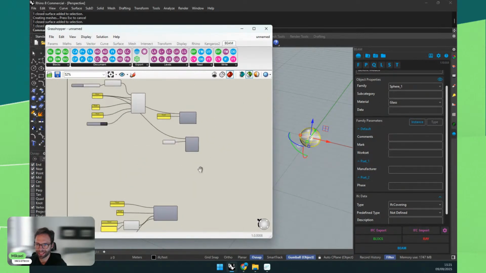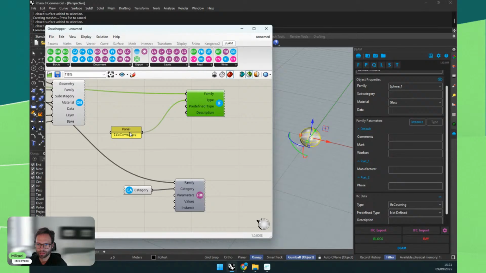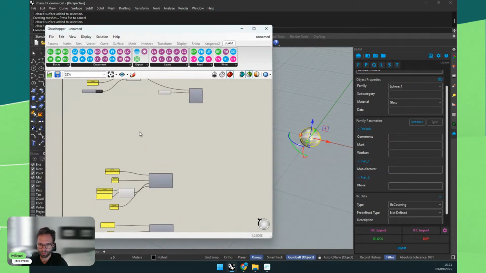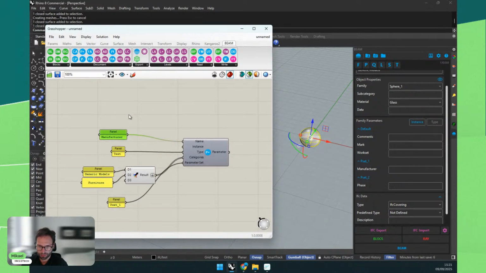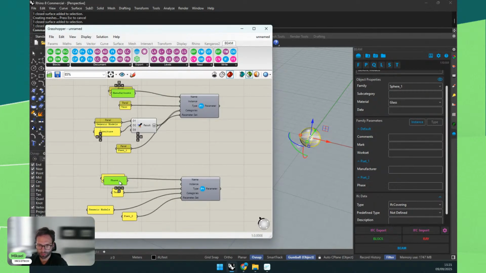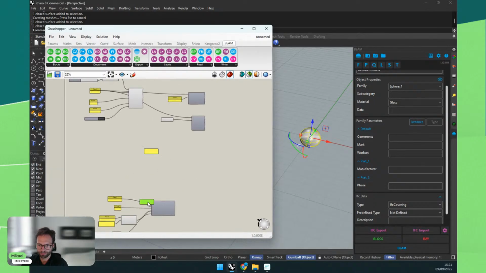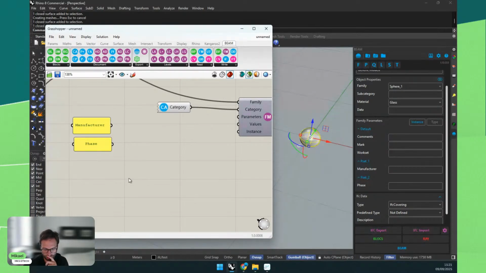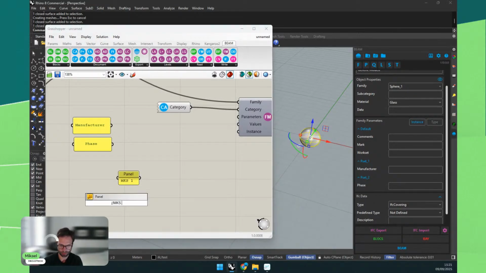Now we will assign those two parameters using, not the IFC one, but the family one. So we have just to, can use the same panels, or just copy them and reuse them. Okay. So now this is where it might be important to take care. So the grafting. So let's say that one is MKS1 and the other one is MKS2.